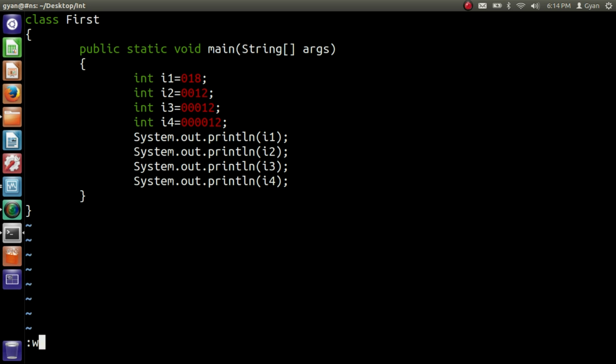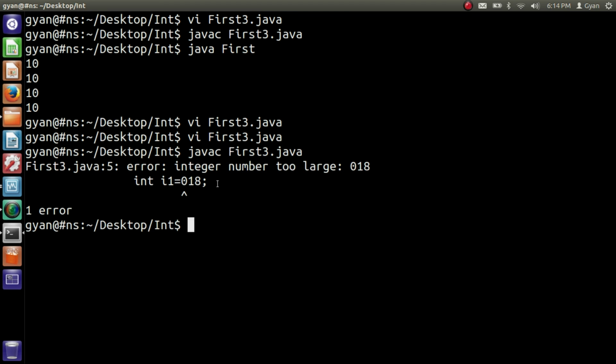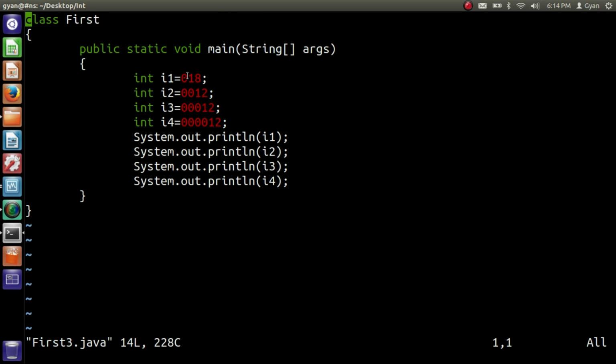Let's see what's happening. javac first3.java. It says integer number too large. It's 018. Actually the preceding 0 before the constant 18 makes it octal. And if you are making your constant octal, then you cannot use 8 or 9.